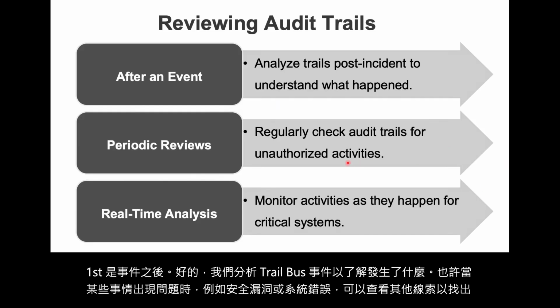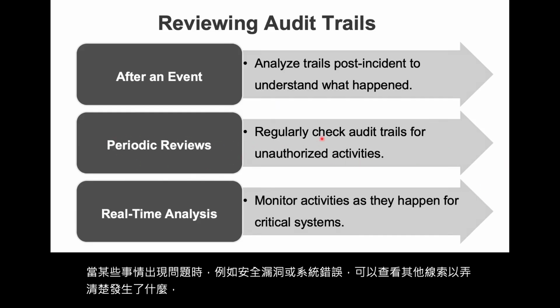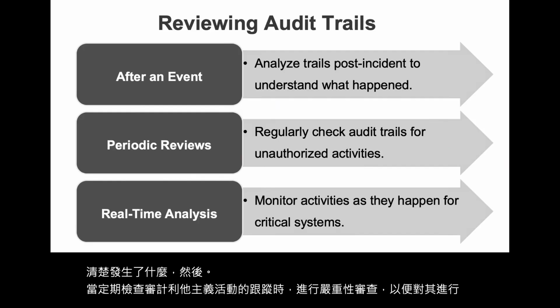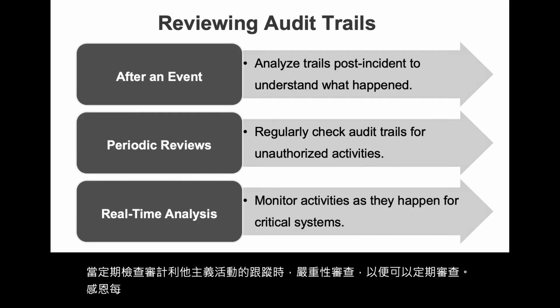And then the periodic reviews, where we regularly check audit trails for unauthorized activities. So it could be reviewed on a regular basis, like weekly or monthly, to look for any sign of unauthorized